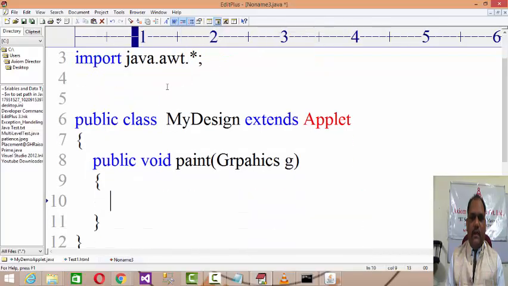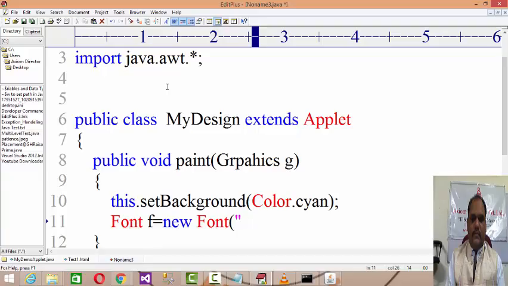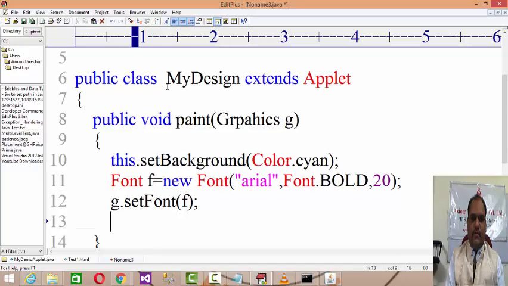Now in this case, we already learned how to set the font and how to set the background color. So this.setBackground(Color.some color you specify), and after that you set the font: Font f = new Font, any font you need, then the style of the font and the size you specify, and g.setFont(f).